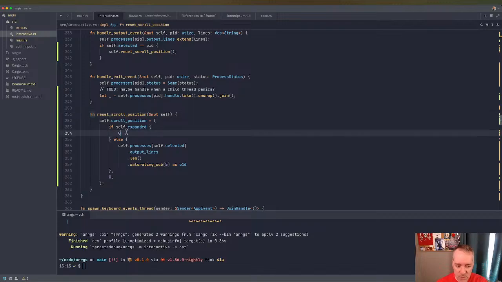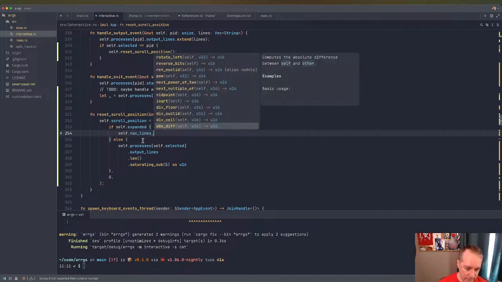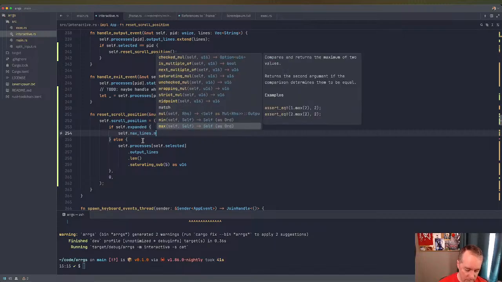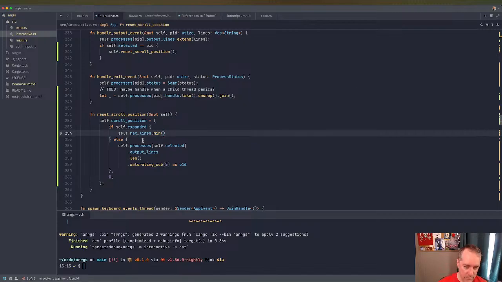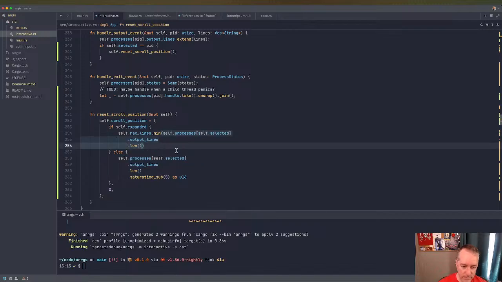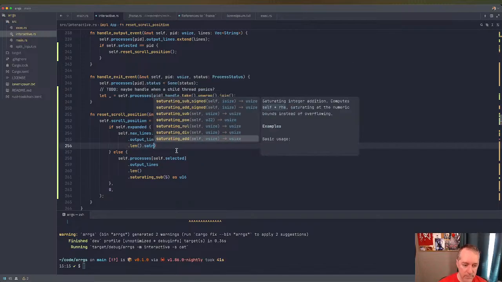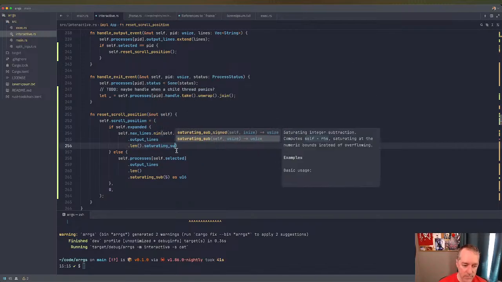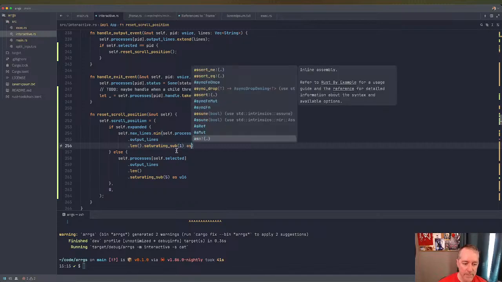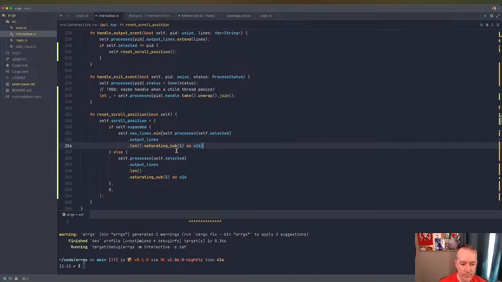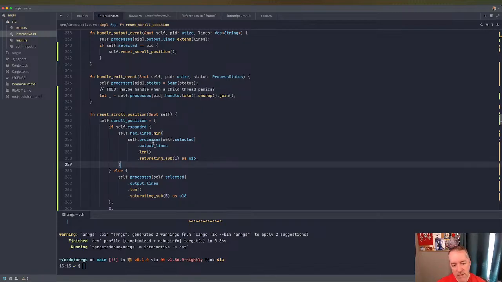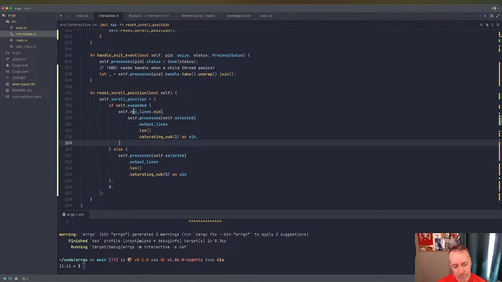So okay, for expanded, maybe what we want to do is do self.max lines dot min, right, because then we can say let